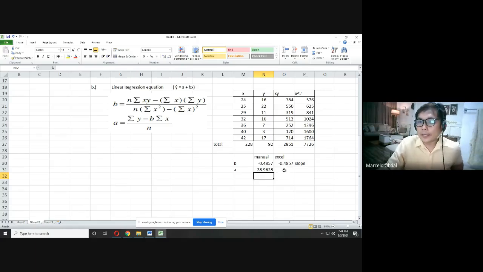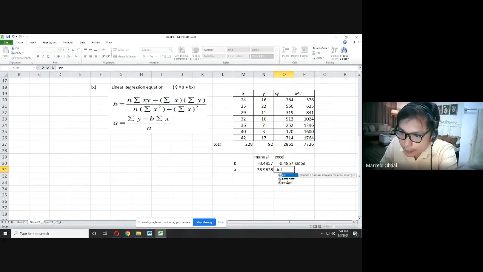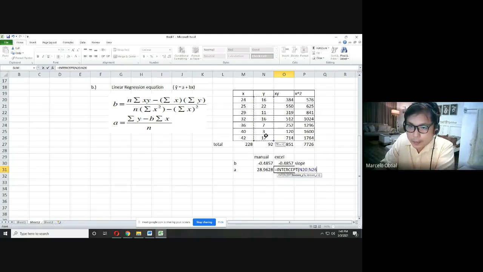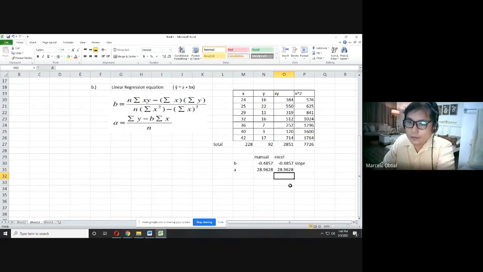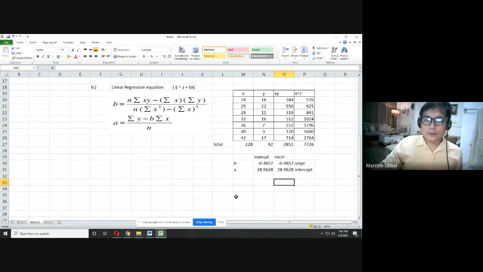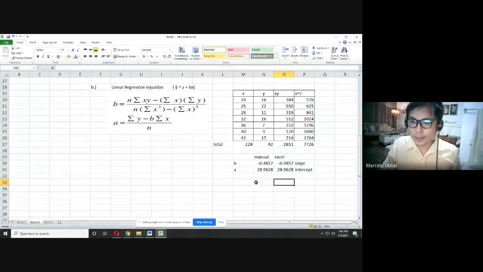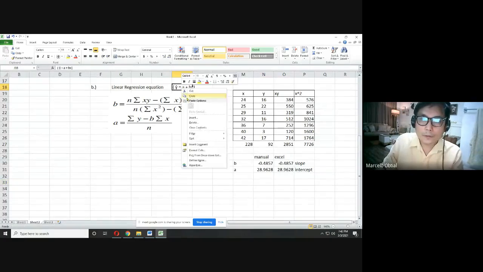Okay? Now, using the Excel, intercept. Okay, kindly click this one, okay, intercept, no? Then it says here, instructed to Y muna, okay, Y, you highlight, okay, comma, then followed by X values, no? So the answer is the same, okay? Again, Excel is for checking purpose only, okay? Now, what is required in B is solve and plot for the linear regression equation that is Y, no? Okay. Y hat, ito yun, no? Y hat